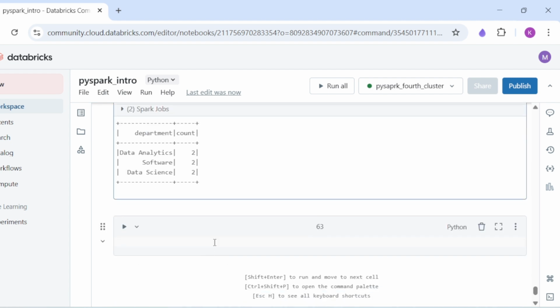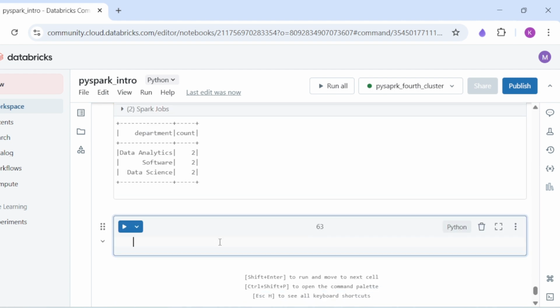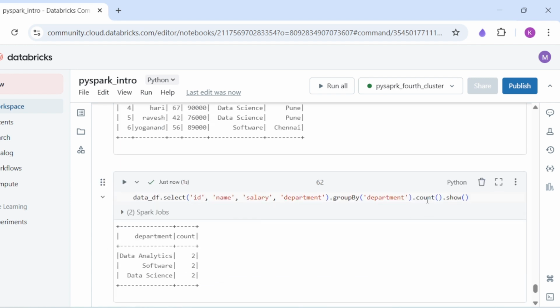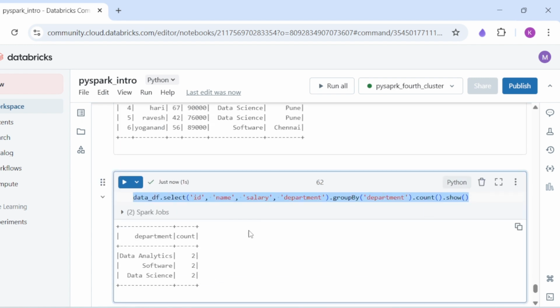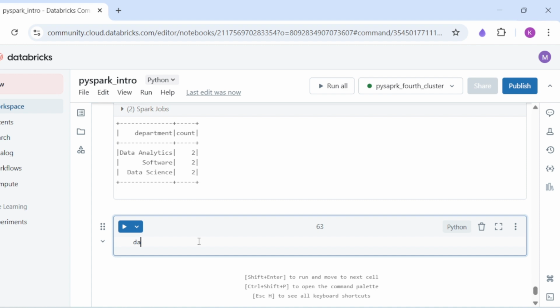So now let's see how we can find department-wise total salaries. Okay, here also you can find it, no problem. Now I'm just copying this one, or else you can also write it here, data underscore df dot, directly you can use group by of department. Then we are trying to find dot sum of salary, right? I'm just finding this one. Now if I use the show button,